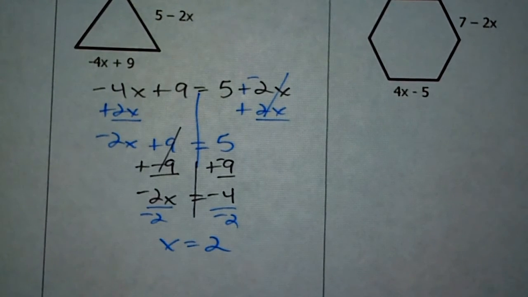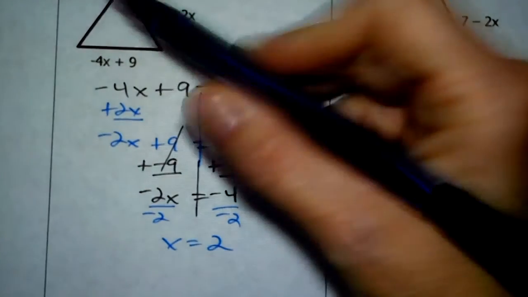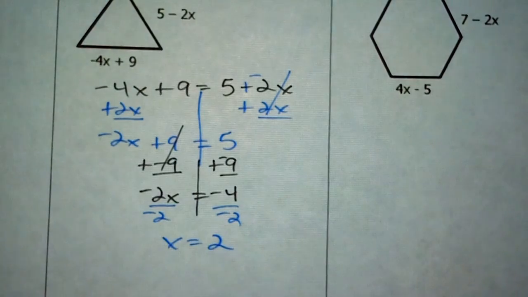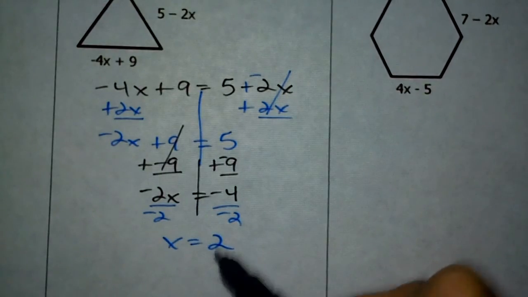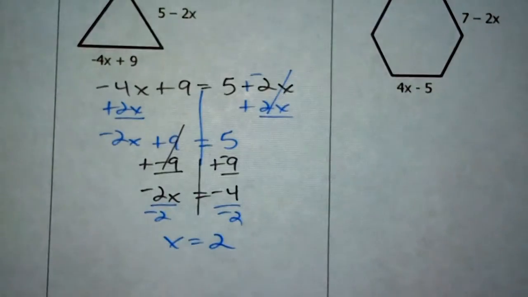And this is the part where everybody says, okay, I'm done, x equals 2. You're not done yet. You're not done because I don't ask you the value of x. I ask you what the perimeter is. And then people will say, okay, Mrs. Tremblay, the perimeter is 2, 4, 6. It's not 6. If x equals 2, then to figure out what one of those side lengths is, I have